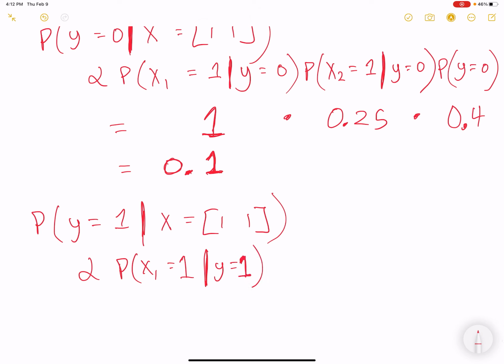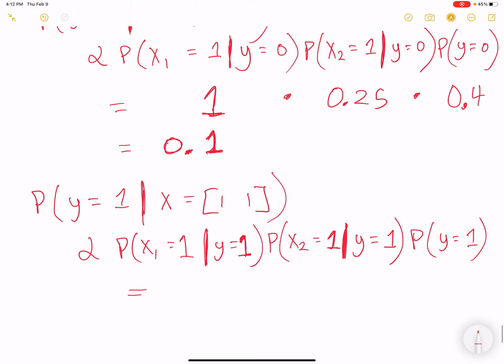Sorry, I'm trying to distinguish the ones from the given signs, but it's kind of ruining the handwriting. Probability of x2 equals 1 given that y equals 1 times the probability that y equals 1, which is equal to